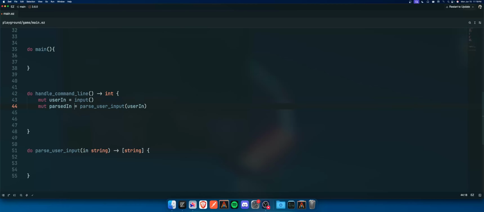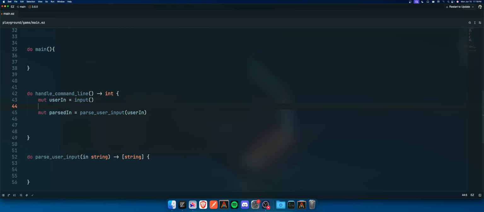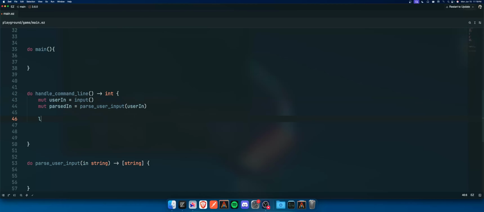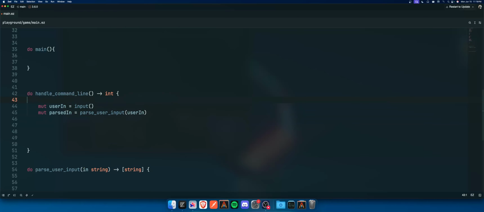Okay, so now we need our main loop here, so we just do loop and actually let's do this. Mute state int, that's initialized to 0, as long as state